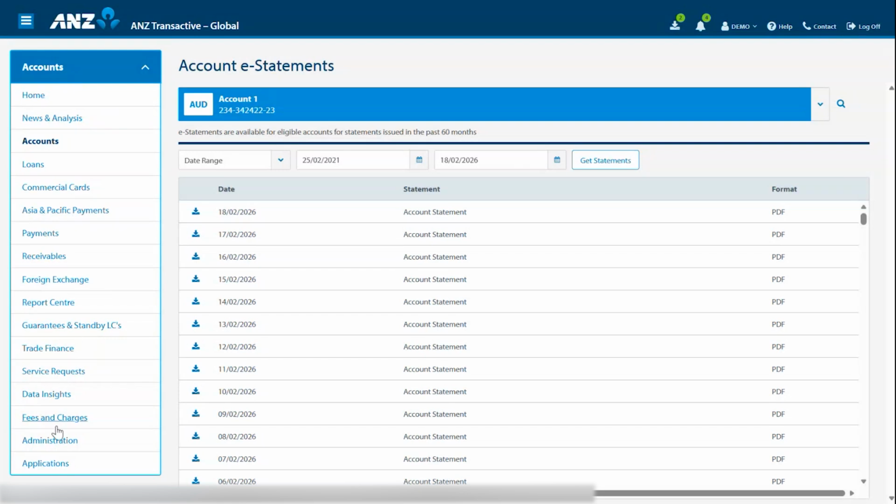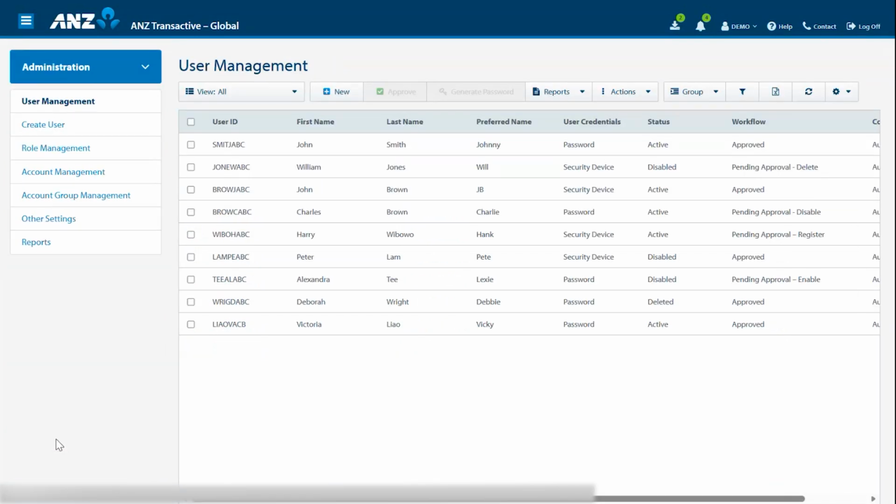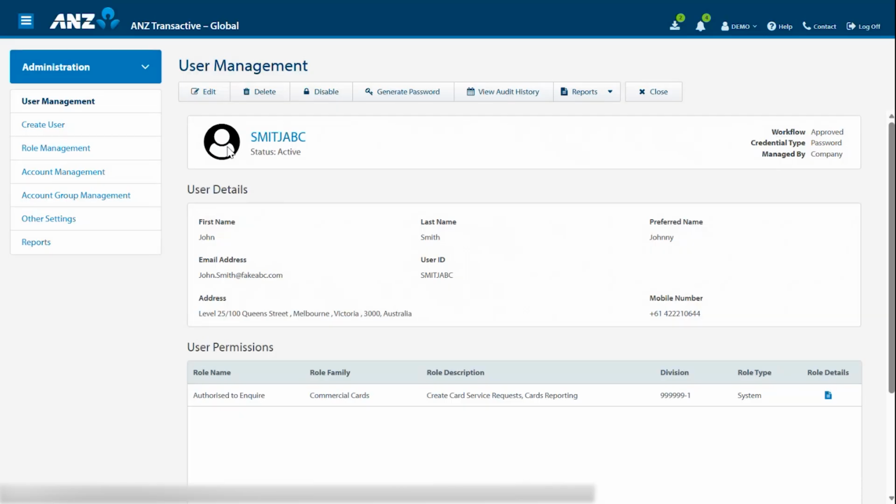Select Administration from the main menu. We have progressively increased the parameters for deleting ANZ managed users. Did you know you can now delete an ANZ managed user with access to all ANZ platforms? No form is required. To complete this, select the User Management submenu, and here you can access the delete function